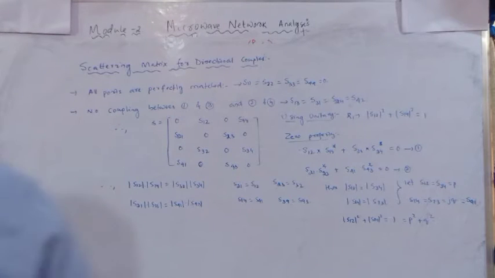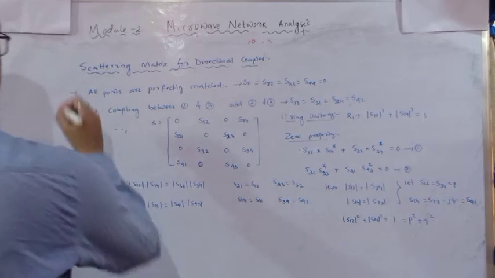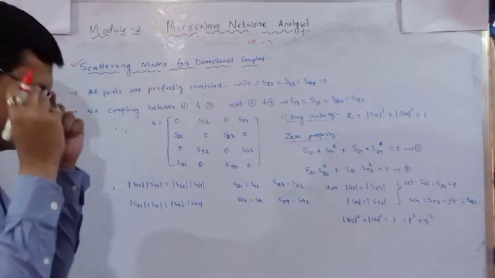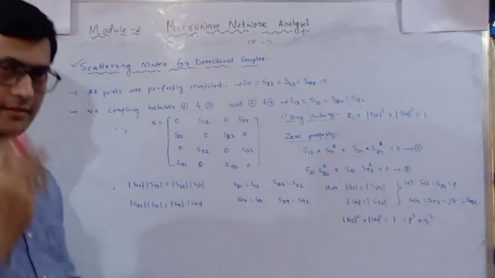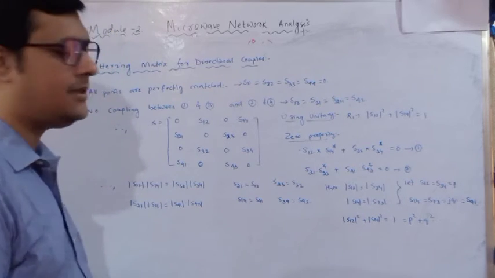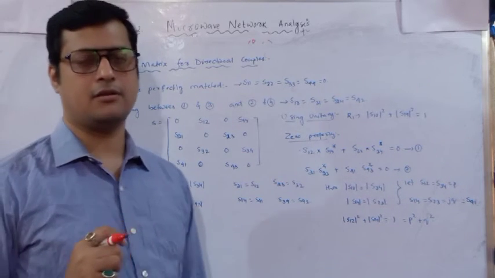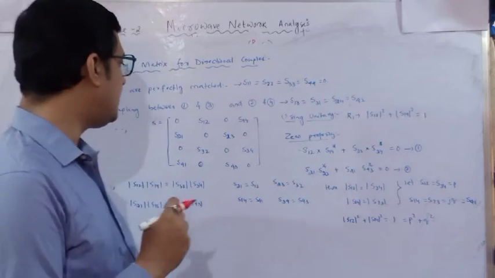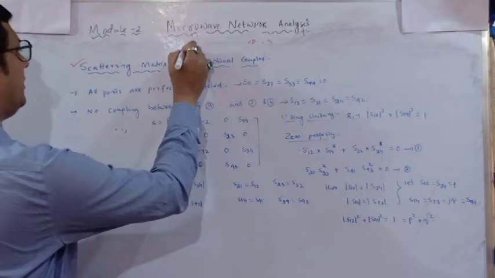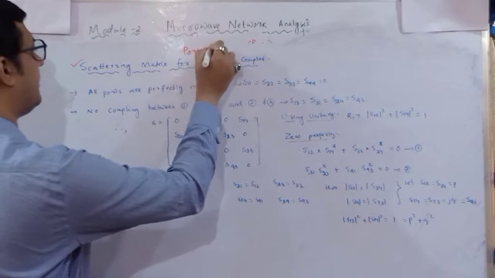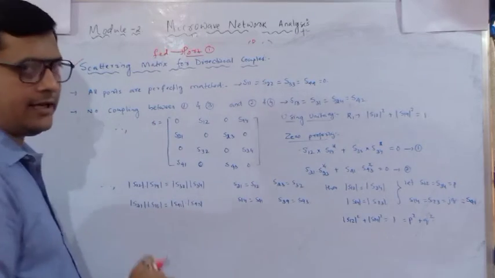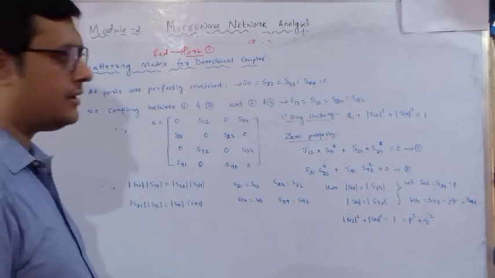Okay. So this is the last discussion for today's class, that is the scattering matrix for the directional coupler. Now as we have seen the working principle of the directional coupler, according to that we have to frame the scattering parameters. Okay. Since it is a 4-port device, 4 ports means a total of 16 parameters will be there. Okay. So first, port 1 is energized, means we are feeding the power at port 1. Using that assumption, we have to derive.